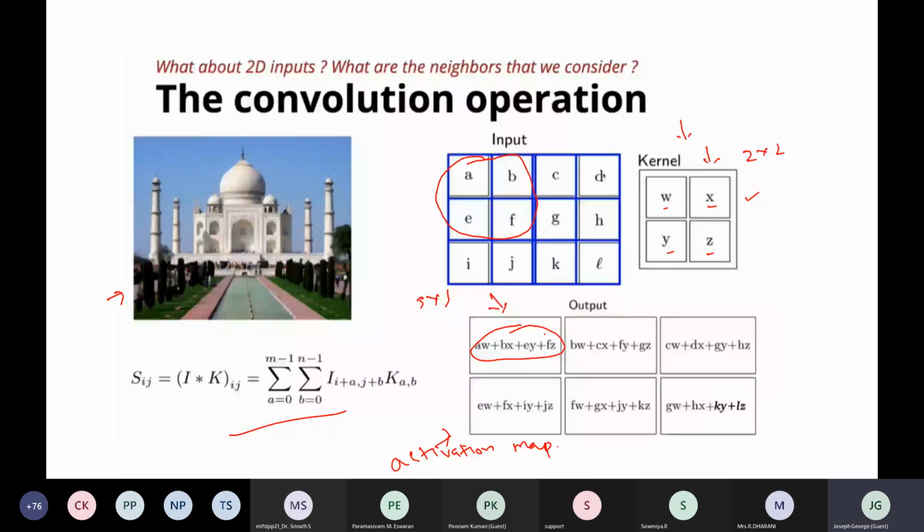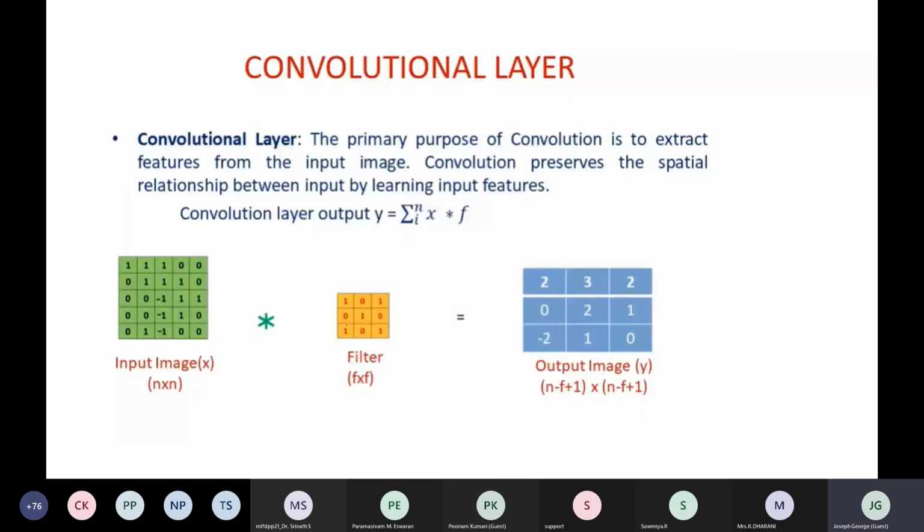Here we are taking a 3 cross 3 filter or kernel, and this 3 cross 3 filter is placed on top of this image. We are multiplying each pixel value of the filter with each pixel value of the image.